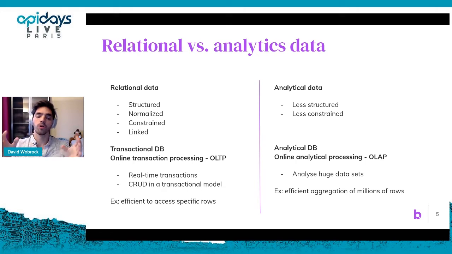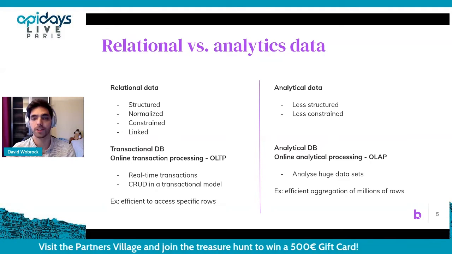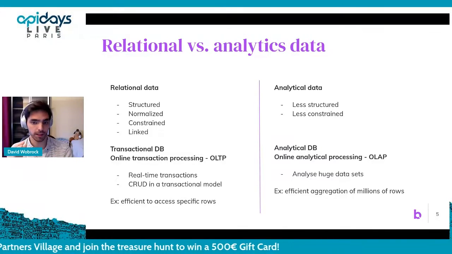So that's what's called OLTP, online transaction processing. So you have transactions, you have a certain consistency model. You know that when you create, update or delete data, you know it's there, you know it's worked, or it will be rolled back. So that's pretty nice. It's used a lot for building web applications, and it's pretty efficient to access specific rows in your database if you have it indexed.